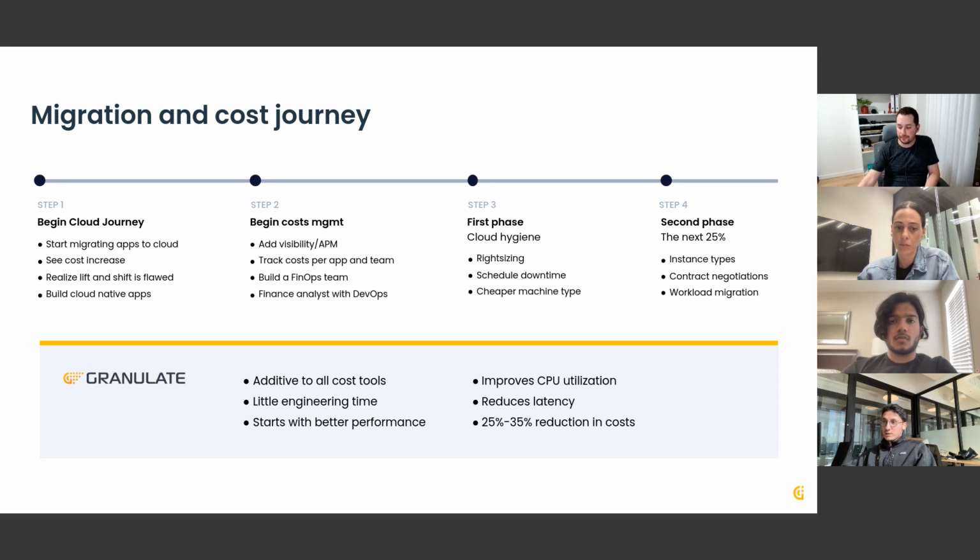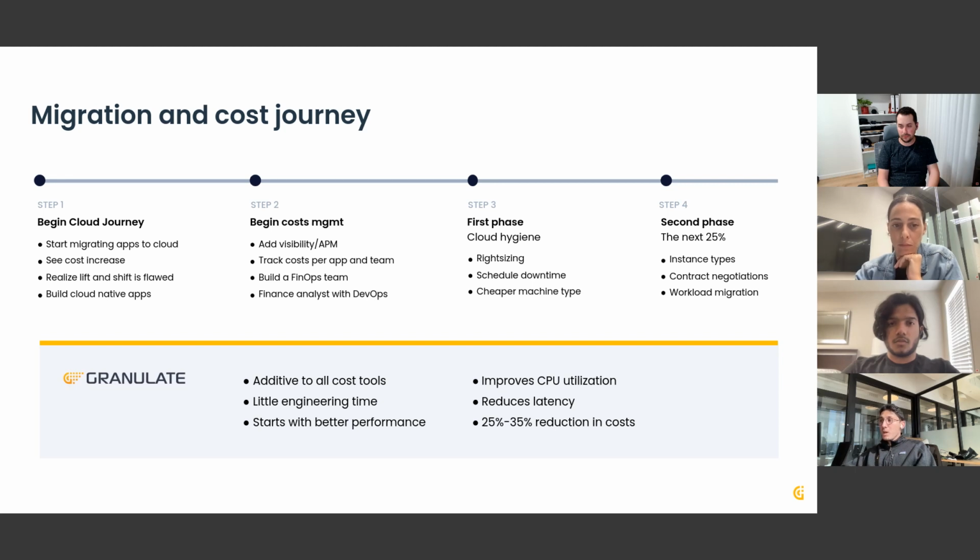Some organizations, mostly the bigger ones, will also build FinOps teams and will have financial analysts that will review and analyze the cloud spend. After we have the data, we will start doing the actual right sizing, scheduled downtimes that most of us cannot really afford in any case, and many other operations for us to actually reduce our cloud